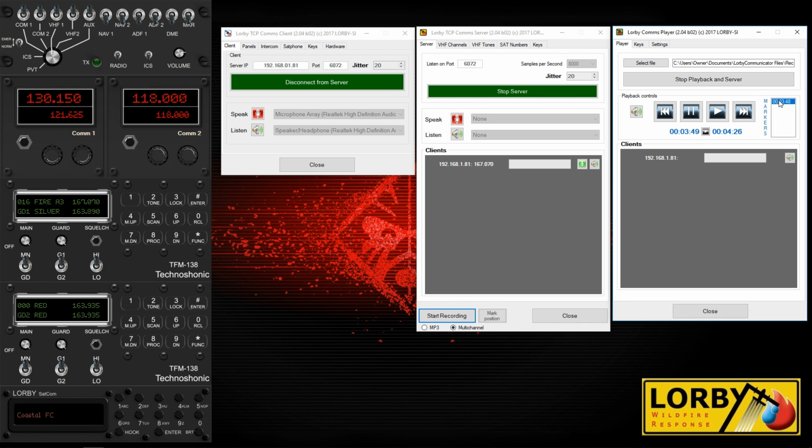I'll mark a position. So when I click that button, it's marked that section in the recording, and I'll be able to actually select that from the list of markers here. So if